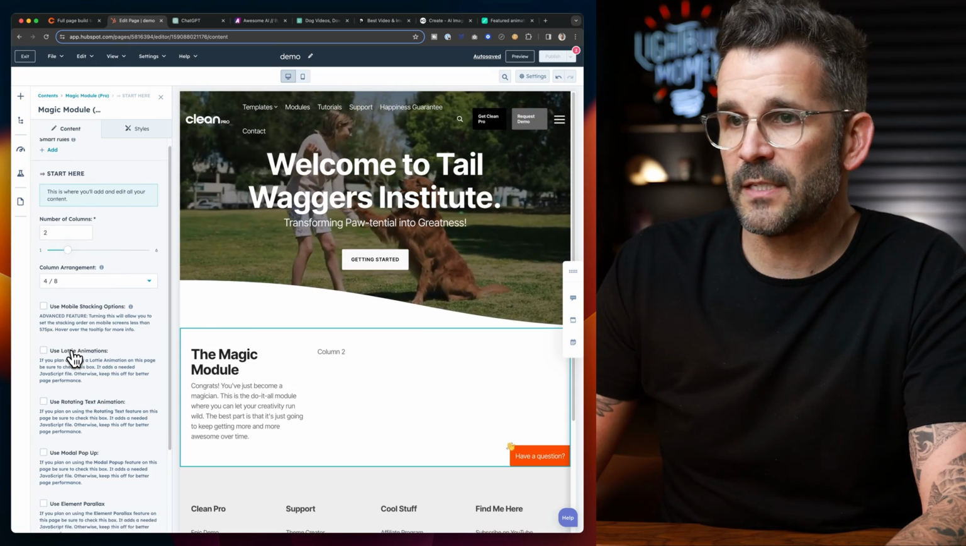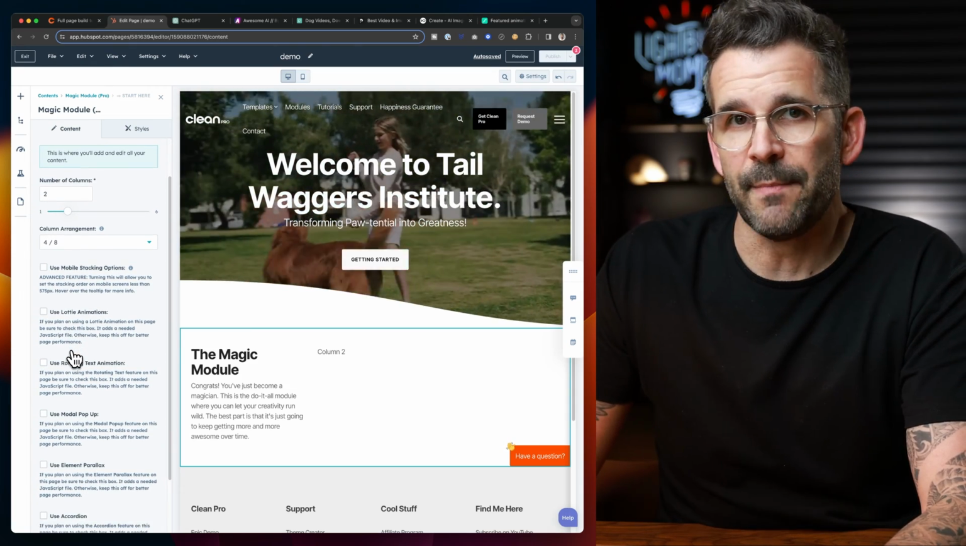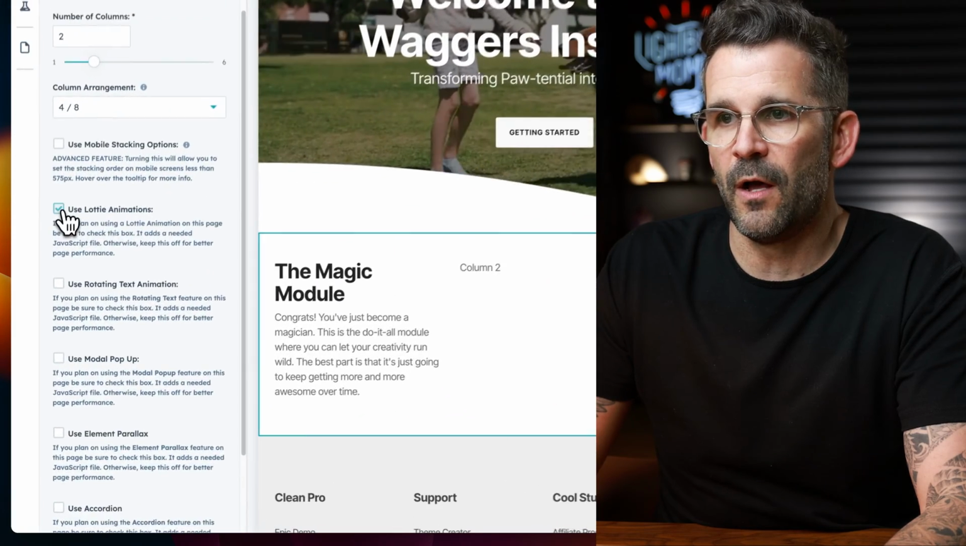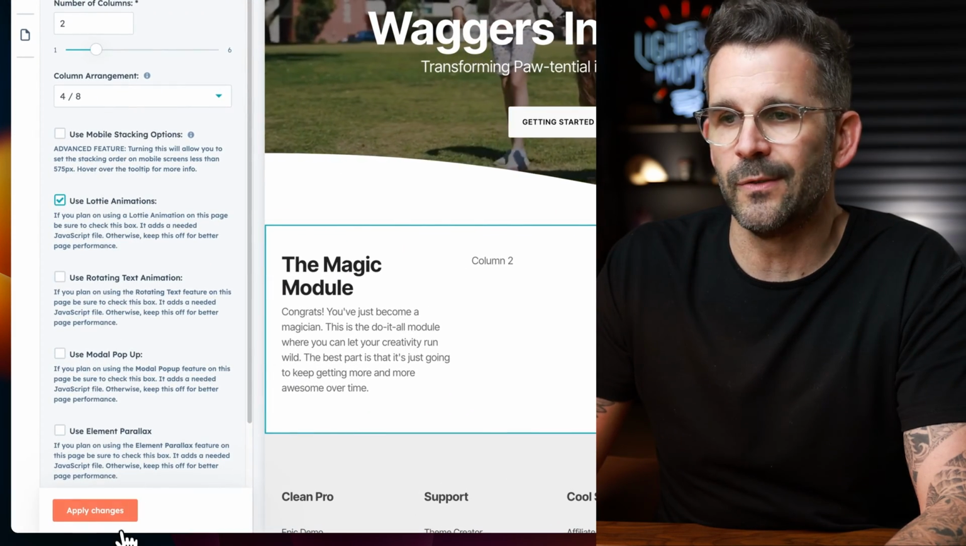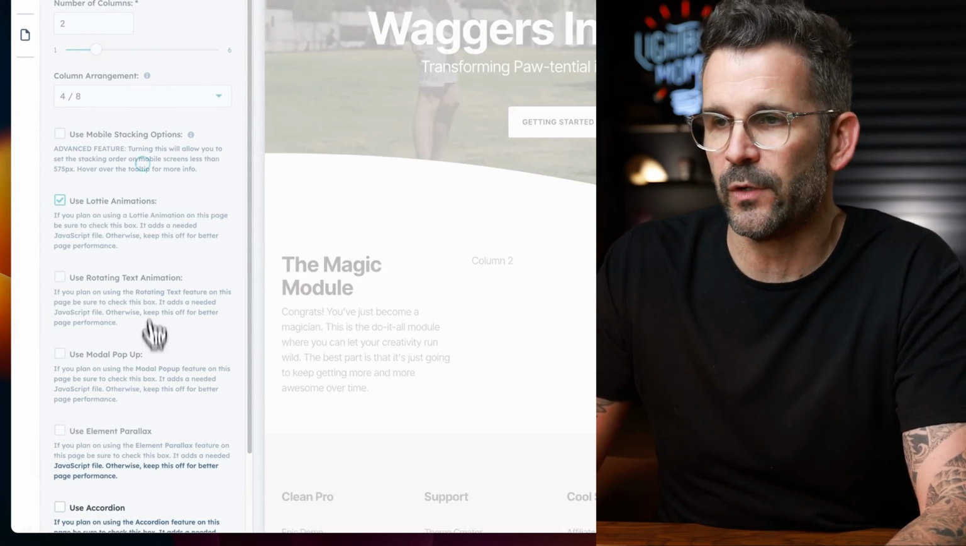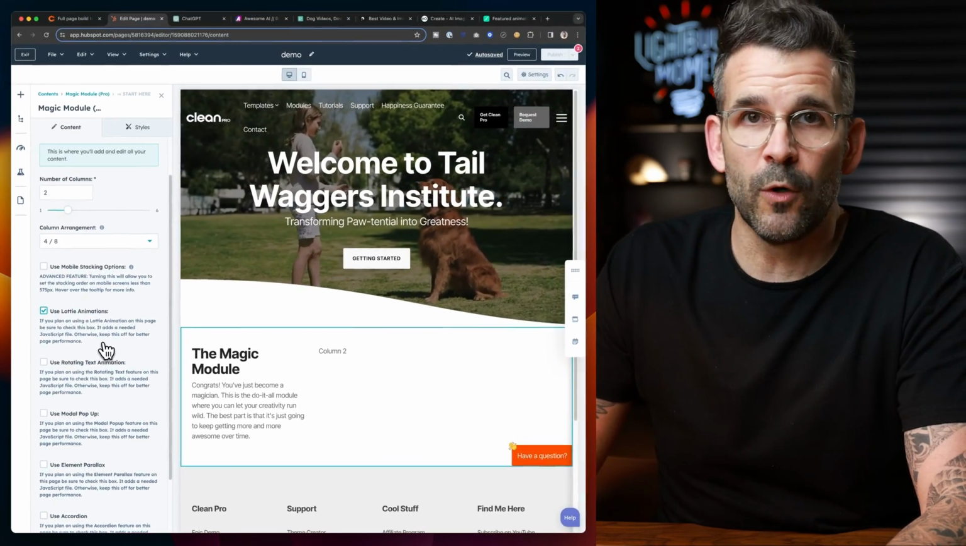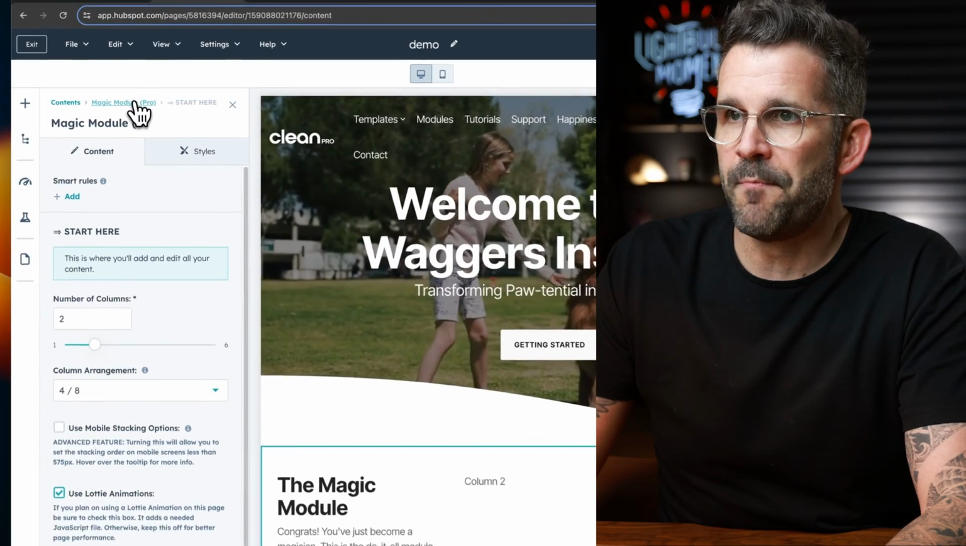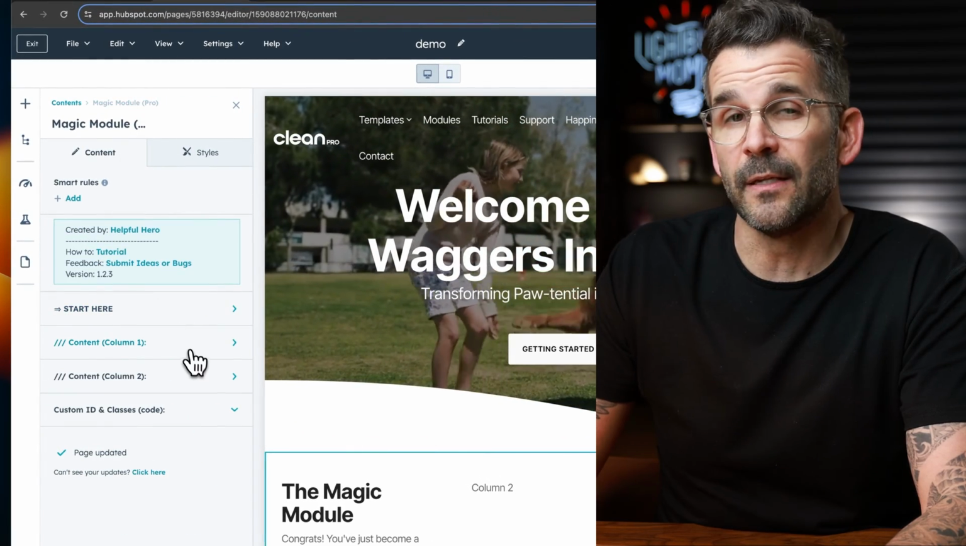The next thing we want to do is use a Lottie animation. I'm going to show you how to do that in a second. We want to make sure we turn on the Lottie animation file so it has all the needed JavaScript to, well, make it work. Now that we've got that all set up, let's go back so we can start editing the content elements